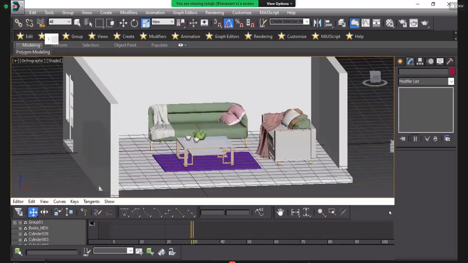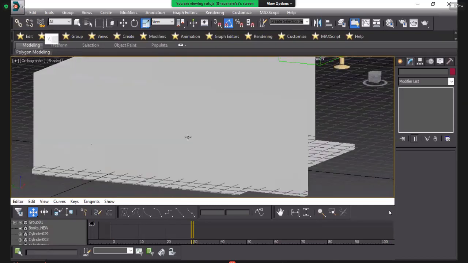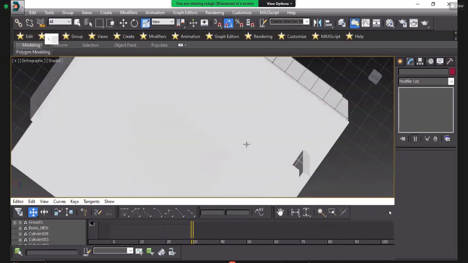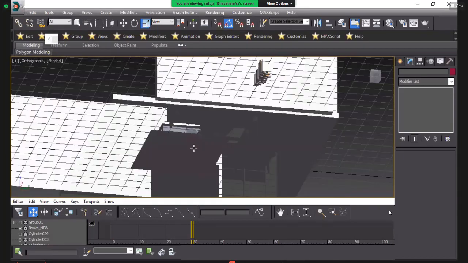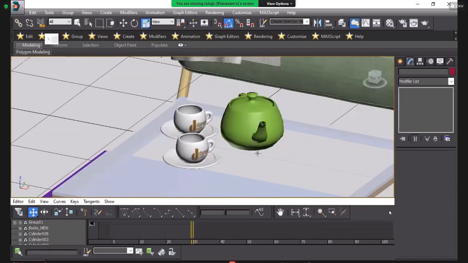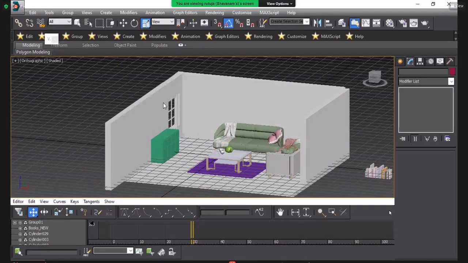Okay, I press Alt and scroll for rotating this section. I will rotate it like that. Your cup is here, your teapot, and like that I will place books and all these things.